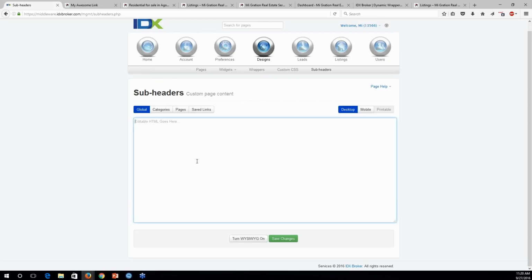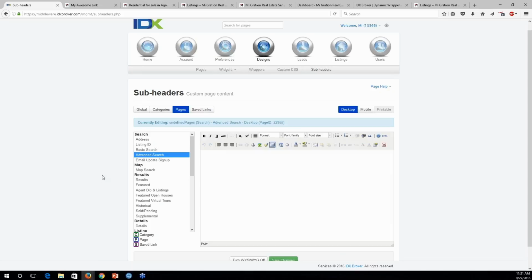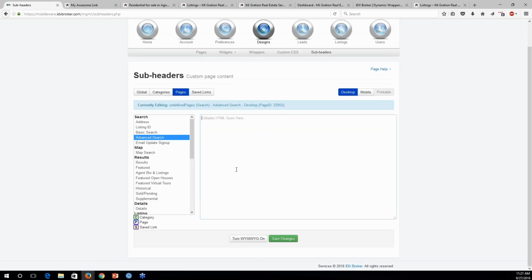When turning the WYSIWYG off, you can actually write custom JavaScript to the subheader, or globally, of a category or of a page. So let's say I've got this advanced search page. It's looking pretty good. I've got the CSS the way I want it, but maybe with a little bit of JavaScript, I want to add some information. I want to put some stuff into a div that generally wouldn't be there. Whatever you can do with the power of JavaScript, you can do in the subheader of a page on IDX